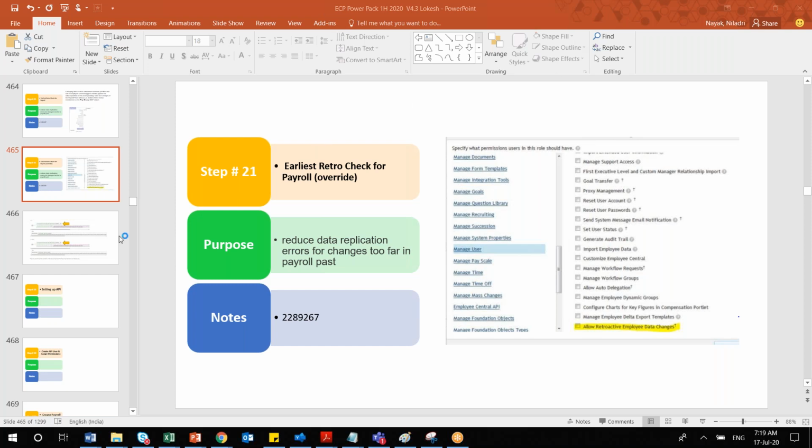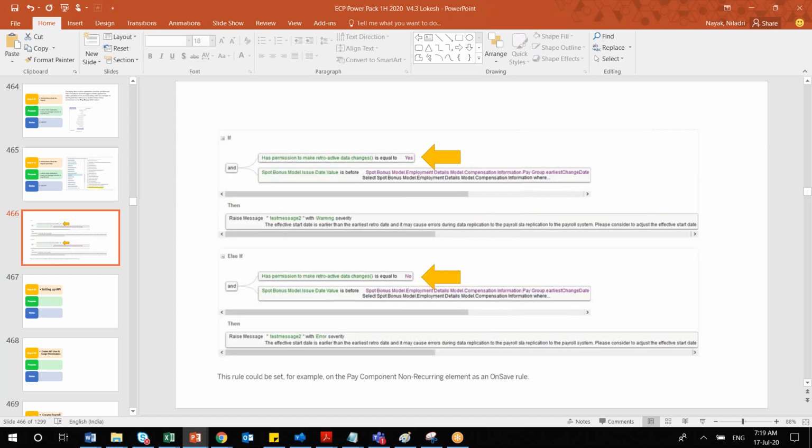Another option is writing a business rule. This is just a sample business rule I have given here. If you look at the top, if a particular person's permission to make retroactive data changes is equal to yes, once that RBP is given, then it will be just a warning message.